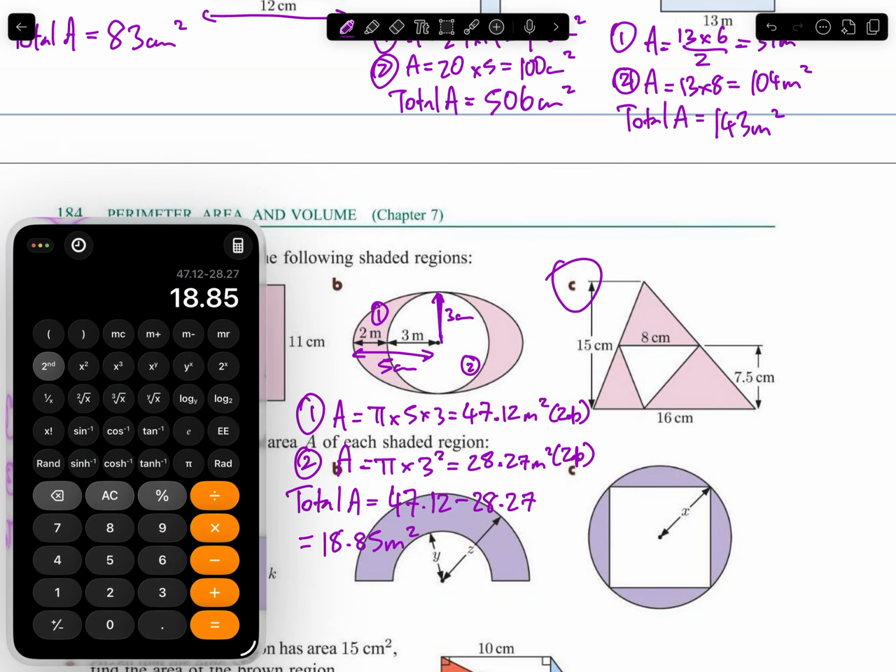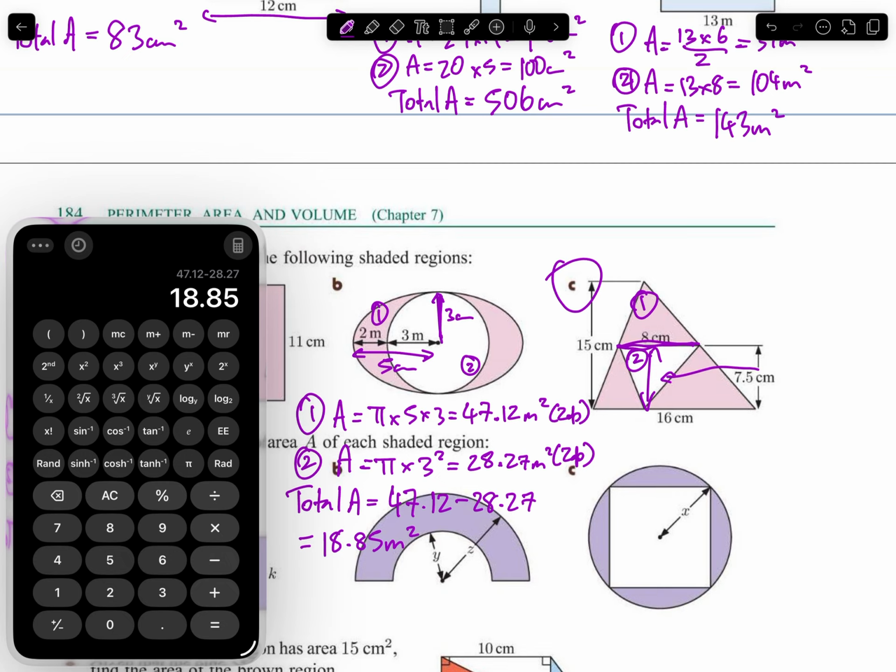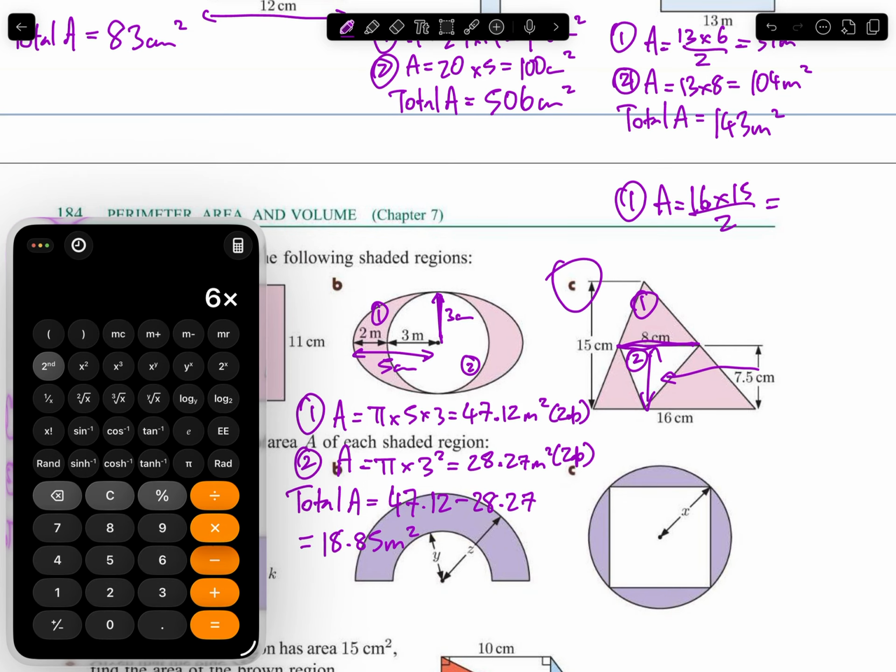C. I have a big triangle, which we'll call 1, and then I have a small triangle missing, which is 2. I know the base of that triangle, it's 8 centimeters long, and I know the height of it is 7.5 from over there. So the area of the big triangle is base 16 times by height over 2. 16 times by 15 divided by 2,